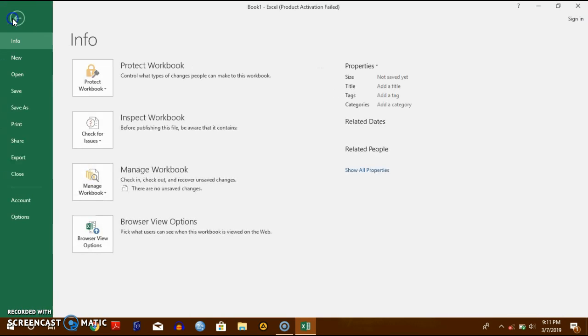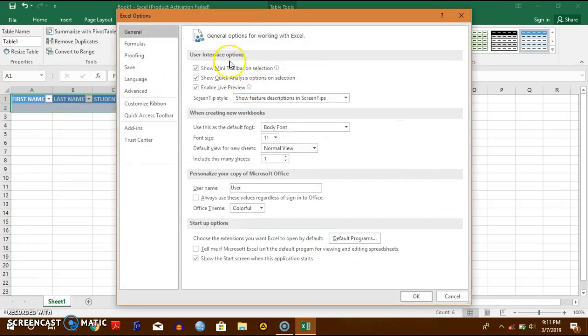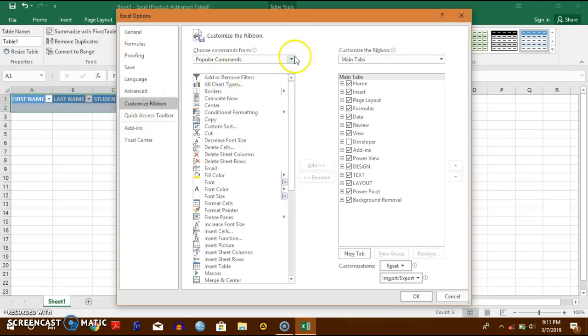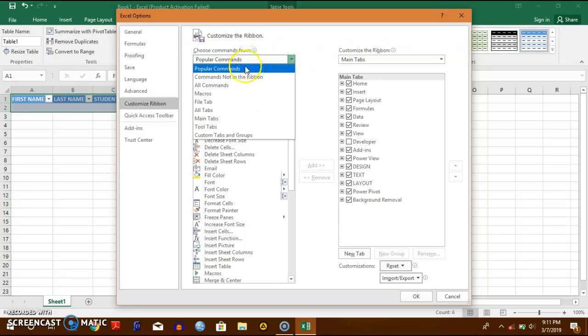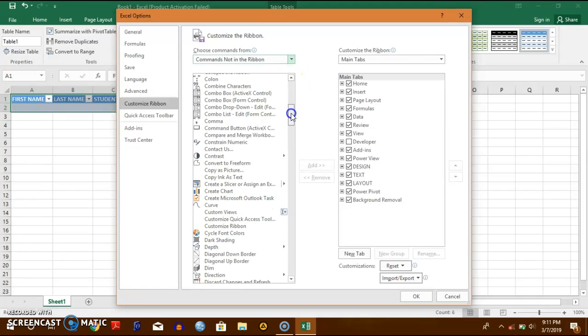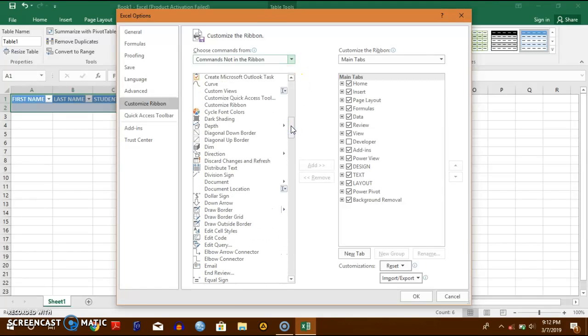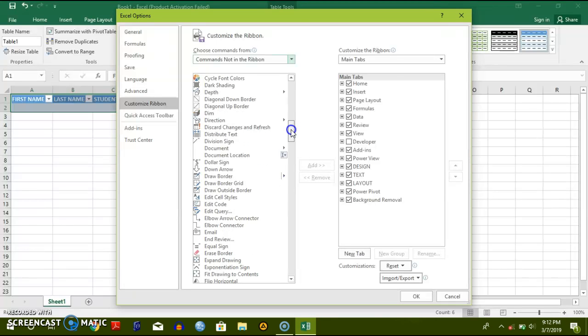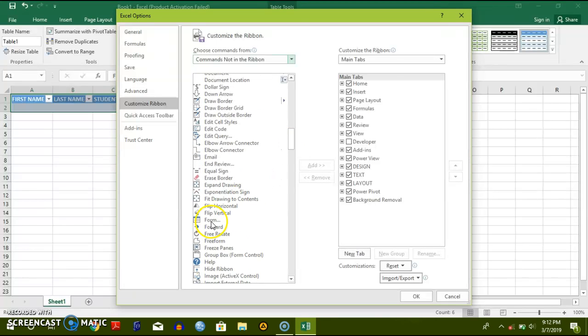come to files, options, then you come to customize ribbon, then you choose commands not in the ribbon, okay, commands not in the ribbon. All right, then you look for forms. Where is form? Okay, there it is. Okay, and you select